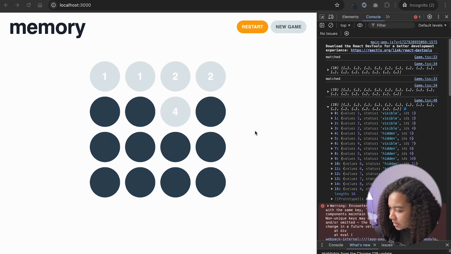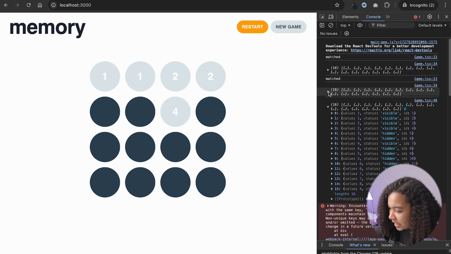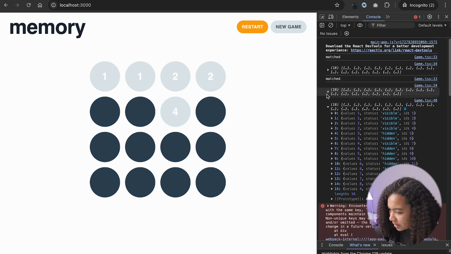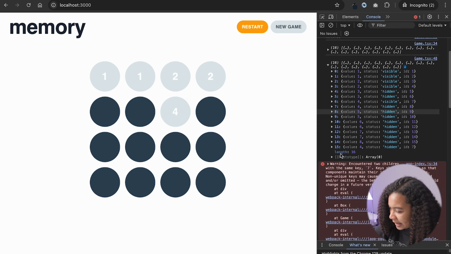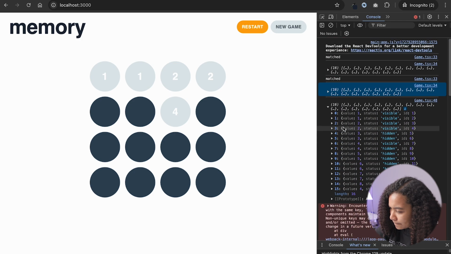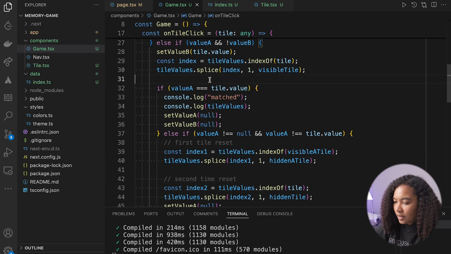Because 3 is now back to hidden, which is at index 4. Hidden. Let me console log the tile values in